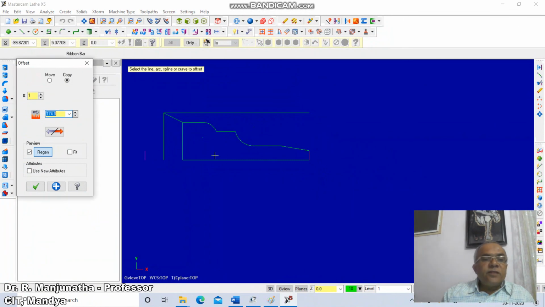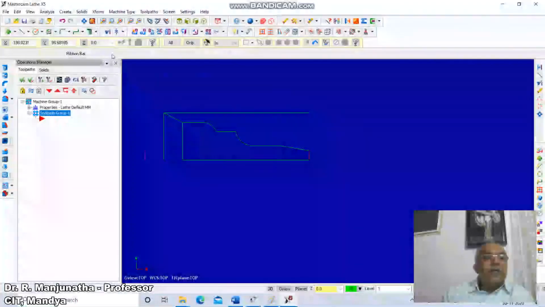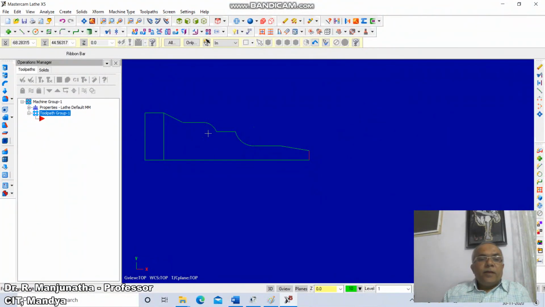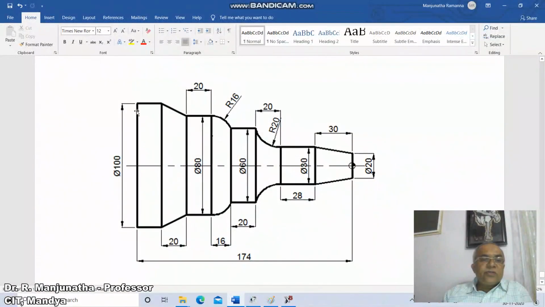From here you offset this 174 and then extend this line till here and extend this line till here, then extend this line till here, then you go to trim this line till here, then you delete this line and also this line. So this is how we will be able to create the model. So this model and this model are going to remain the same.